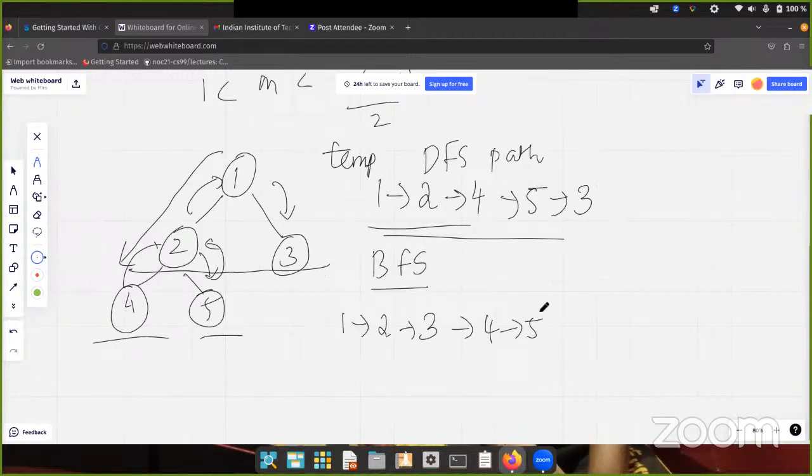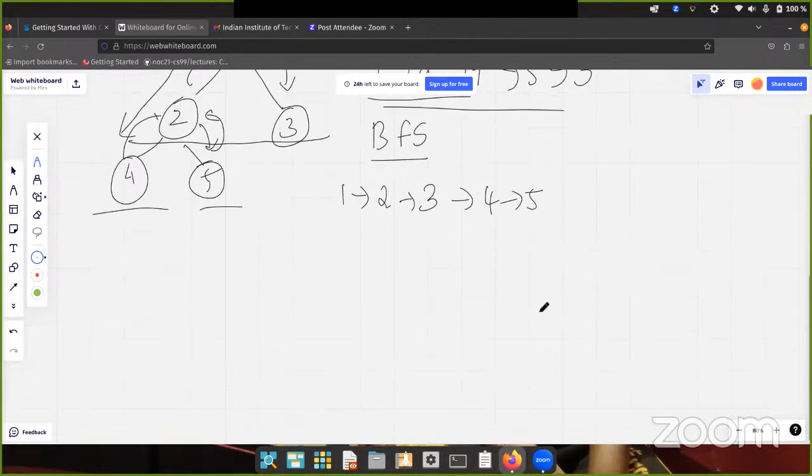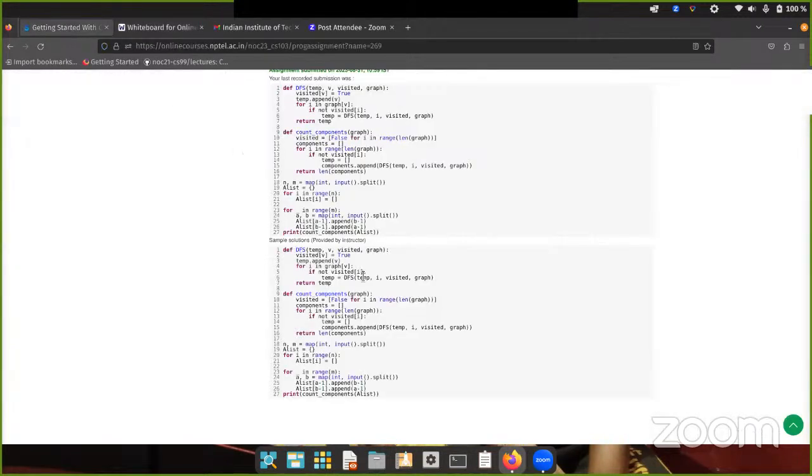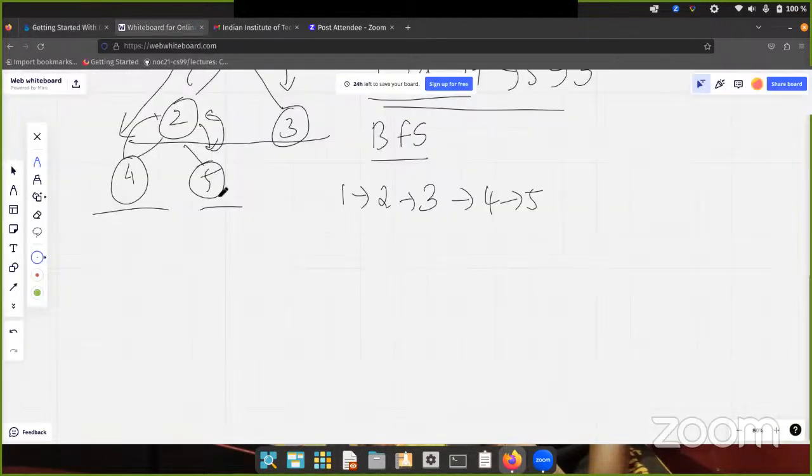We'll now see how DFS actually can work with the solution. We define the function called count components of a graph, where we first initialize the visited array as false, or in other languages you can go with zeros, n times.